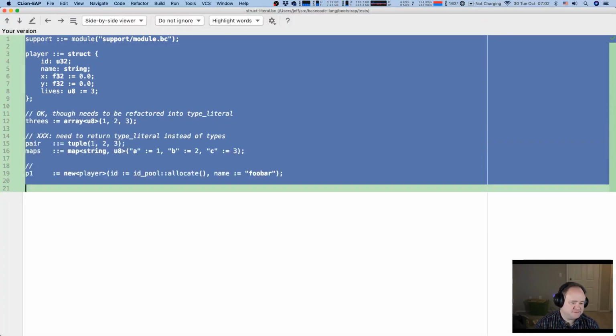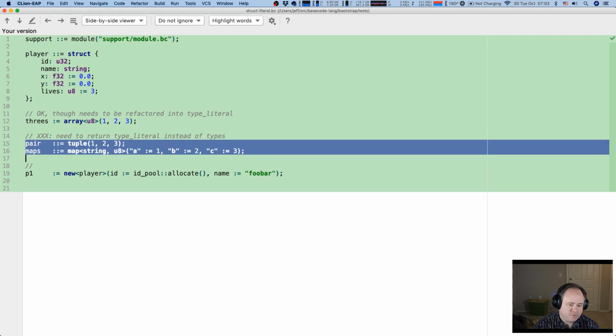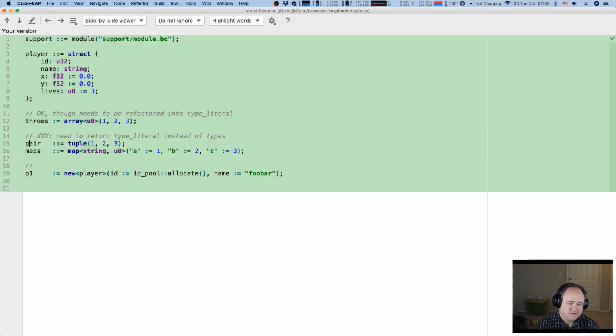I added a new test file, struct literal. So I've got a test structure here, and I was figuring out where we stand, right? So I created an array, a tuple, and a map. These are broken because they're returning the type, not an element that represents the actual literal initialization. So I need to refactor this so that they're all using